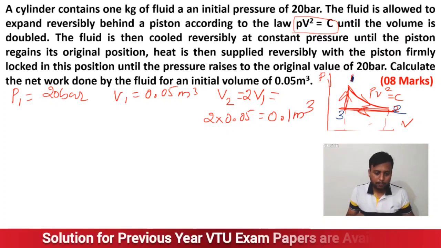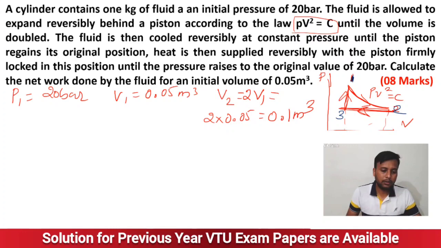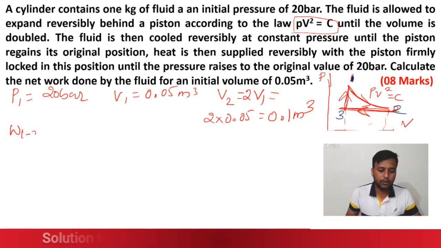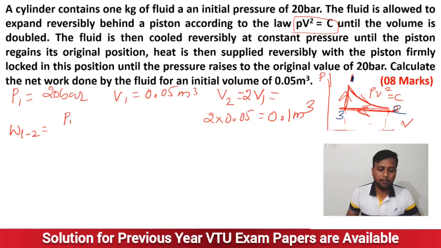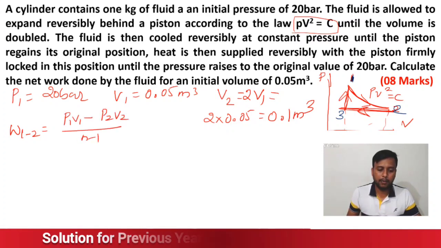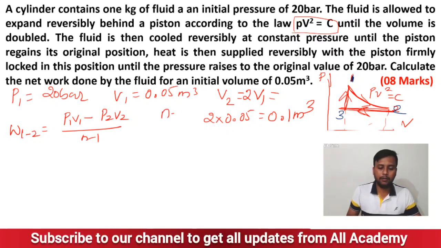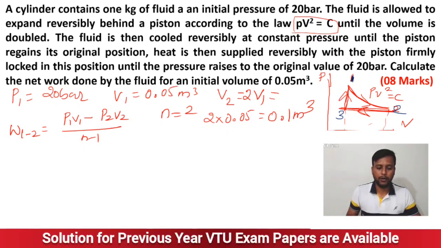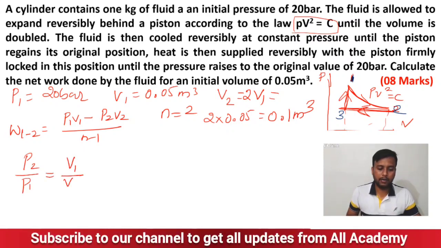Now the first one, for a polytropic process, if I want to identify the work done for the process 1 to 2, it is given by P1 V1 minus P2 V2 divided by n minus 1. Here the n value is already given, that is 2. P1 I know, V1 I know, V2 I know, but I don't know what P2 is. For that, we'll use a relation: P2 divided by P1 equals (V1 divided by